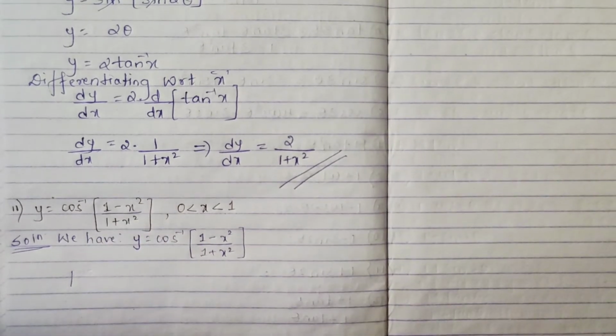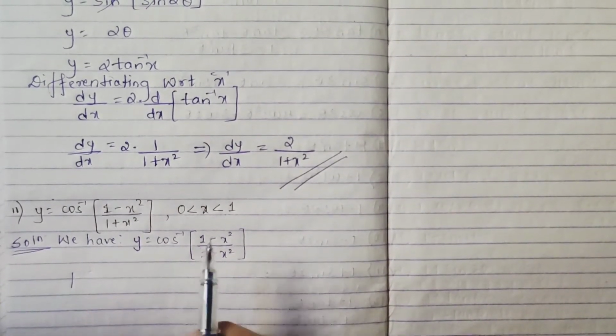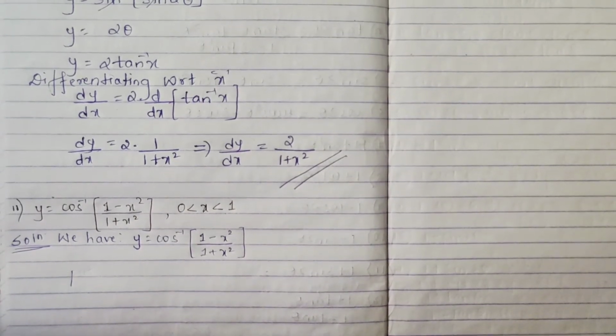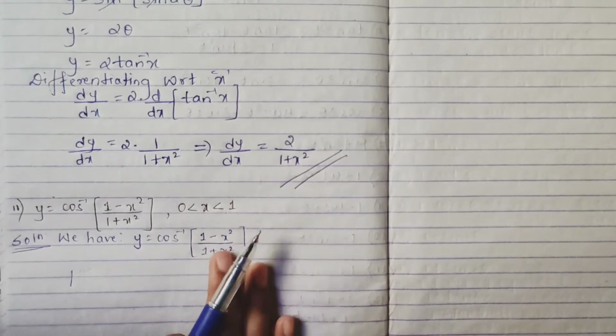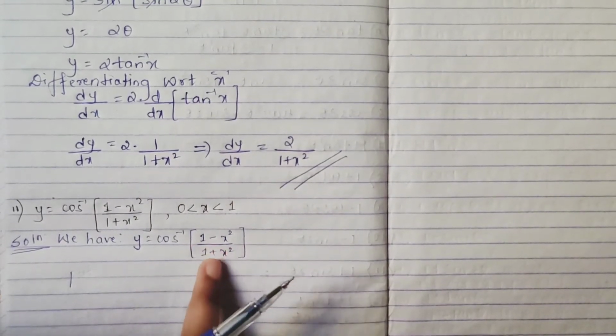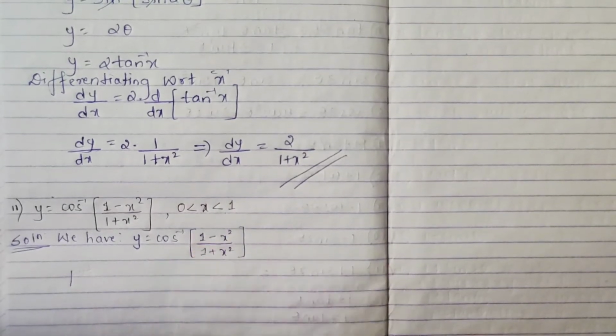Okay, don't directly do the differentiation. So how are we going to solve? We have the formulas I gave you yesterday, so we have to make sure in which formula we can put it, rectify it, so that we get cos inverse, and this inside part should be with cos itself, so that inverse and cos cancel.